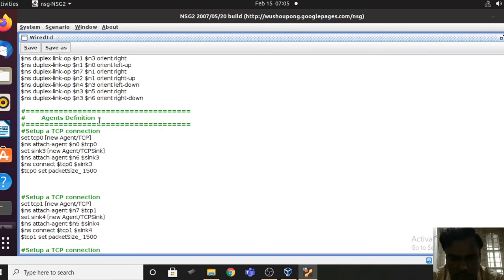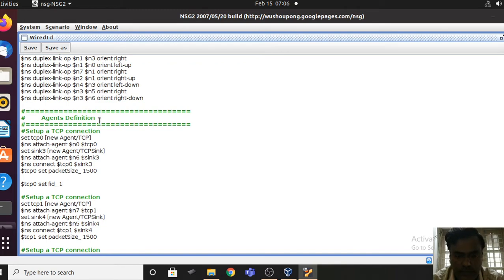That is $TCP agent name, that is TCP0, set flow ID, fid_ space color code, that is 1. Its color is red, so you have to give that.